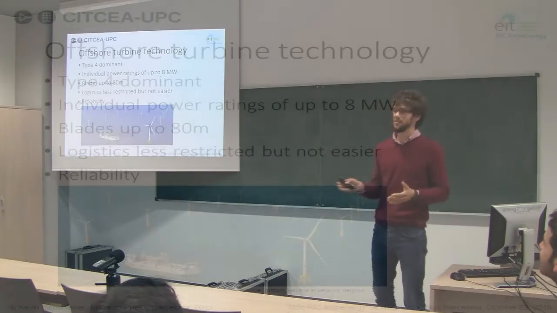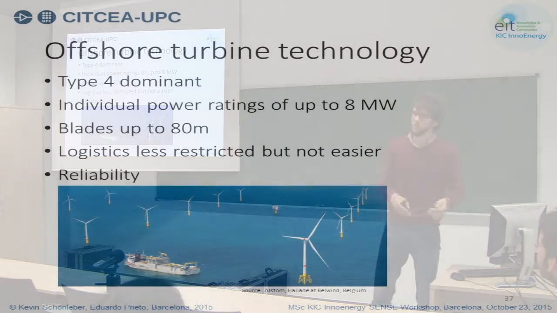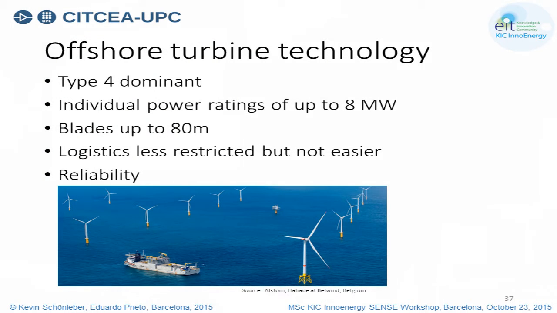Now Edo presented all these types, and he said, okay, type 1 and type 2 were the 80s, 90s. Type 3 is quite dominant in onshore. But when we go offshore, I think there are 4 or 5 manufacturers who are really in the game offshore, and only one of them is going for type 3. And probably in the future it will be quite difficult for them to maintain type 3, because type 4 seems to be a lot more reliable, and that is so important offshore, because you have to